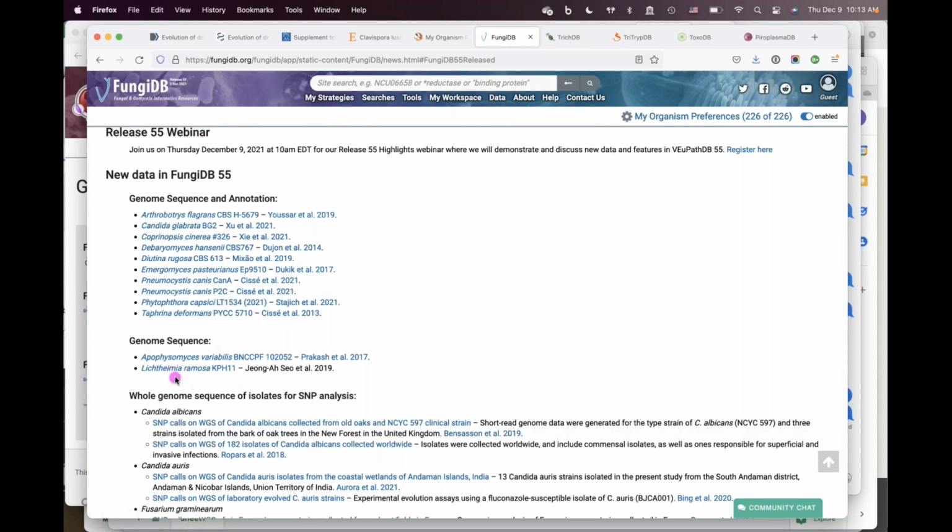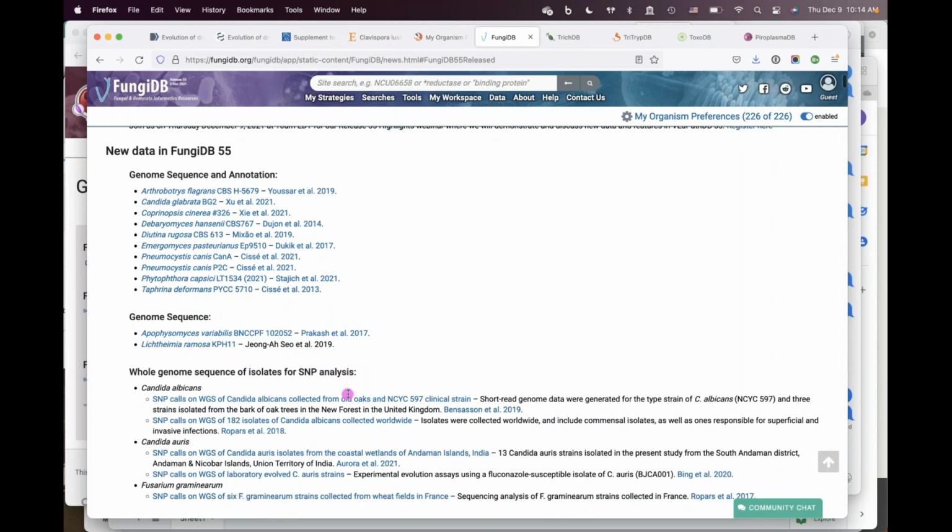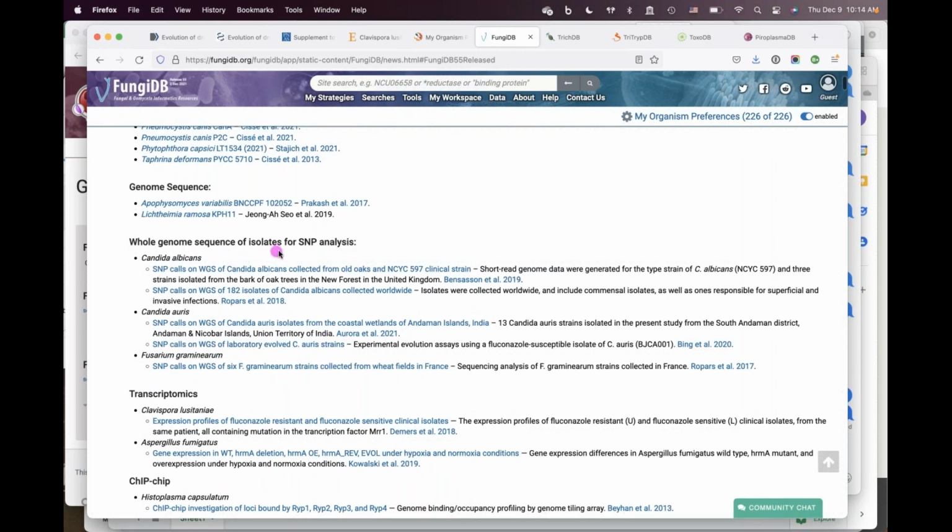And in fact, we provide a BLAST against NRDB, which allows you to find genes. And I'll show you an example of this in TrichDB, not in FungiDB, so hang tight to see that demonstration. We also loaded a number of population biology data sets, specifically data sets that did whole genome sequencing